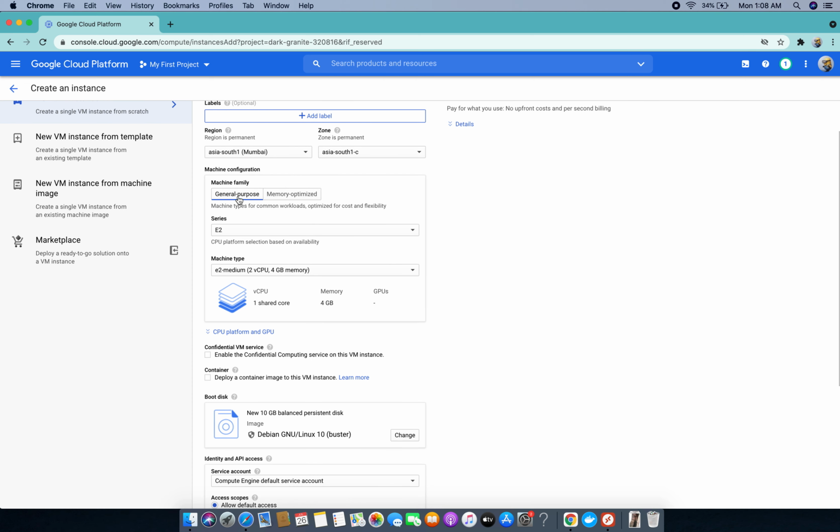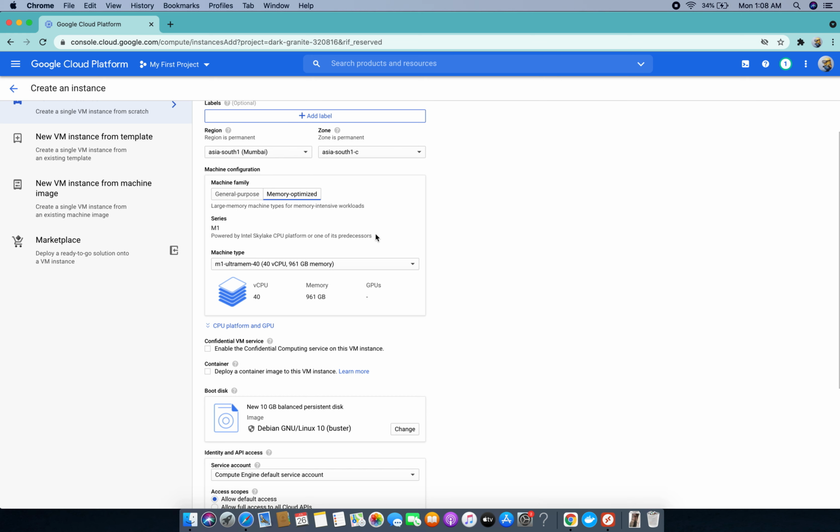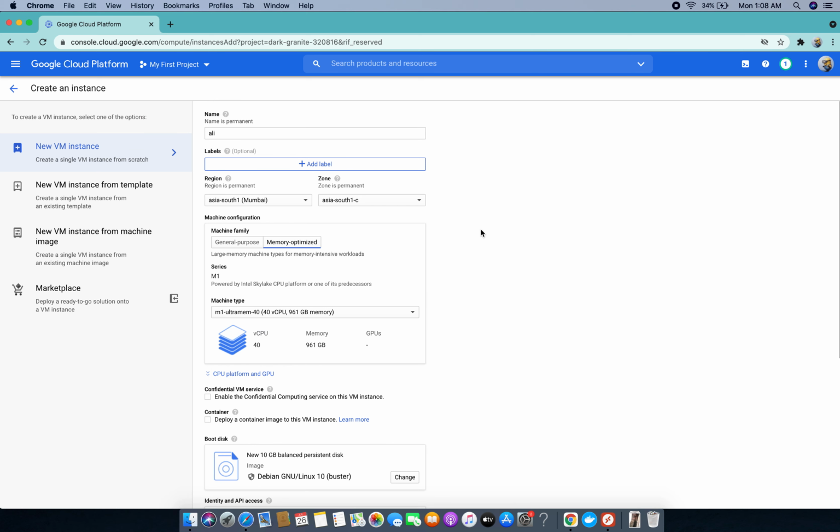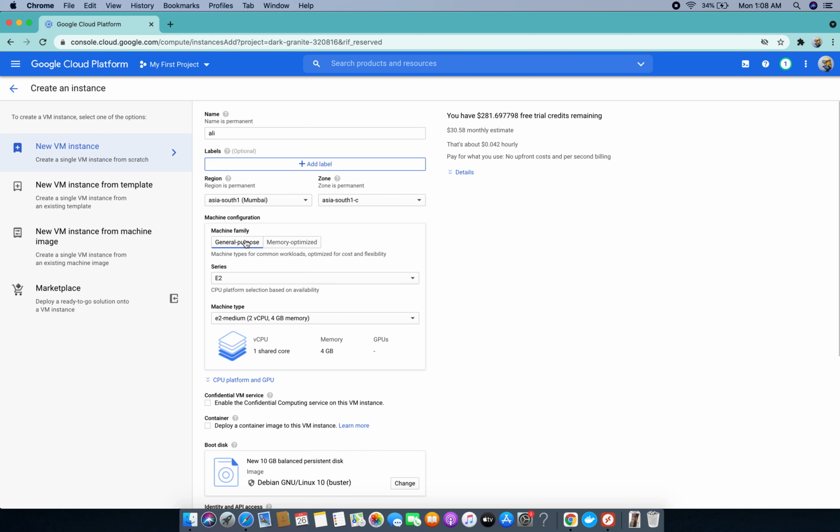So I'll click on general purpose. You can go for memory optimized if you want a very high speed supercomputer with 961 gigs of RAM or 1.88 TB memory, 80 CPUs, 40 CPUs. If you want that type of task, you can click on this memory optimized. But remember, this will finish your money quickly. If you buy this service, it will take almost 1 month to spend $281.